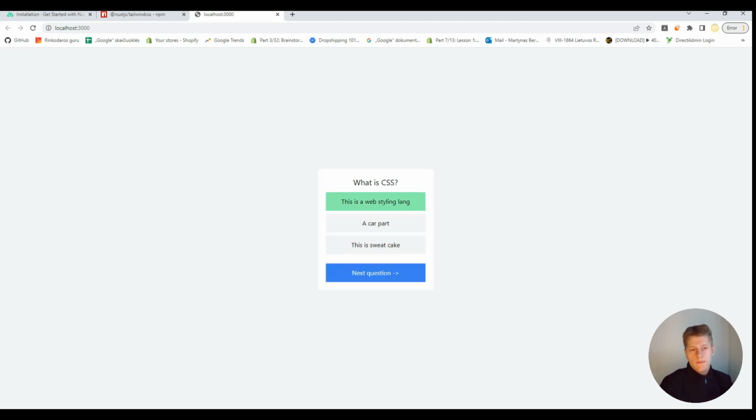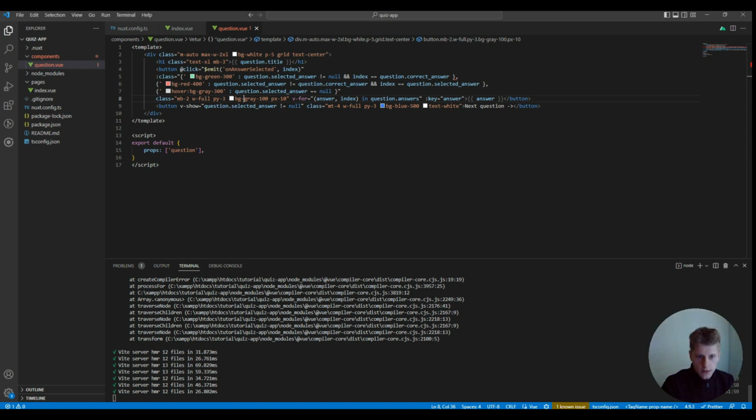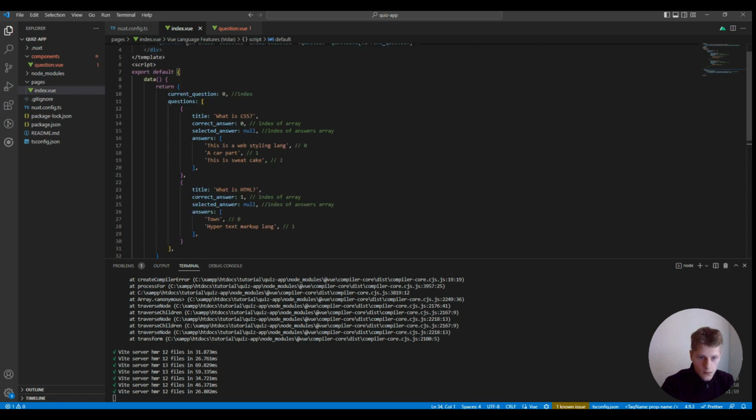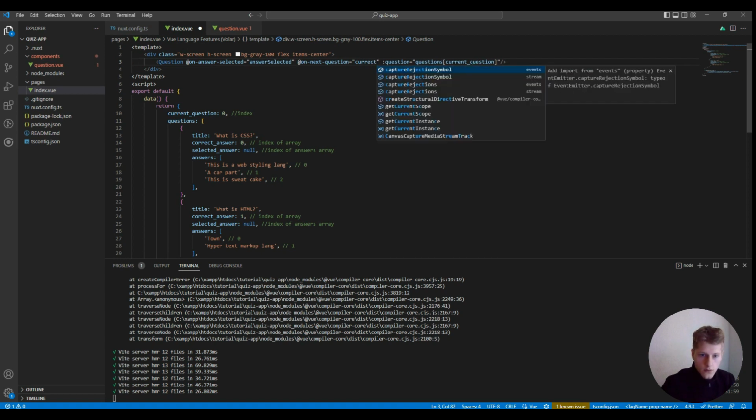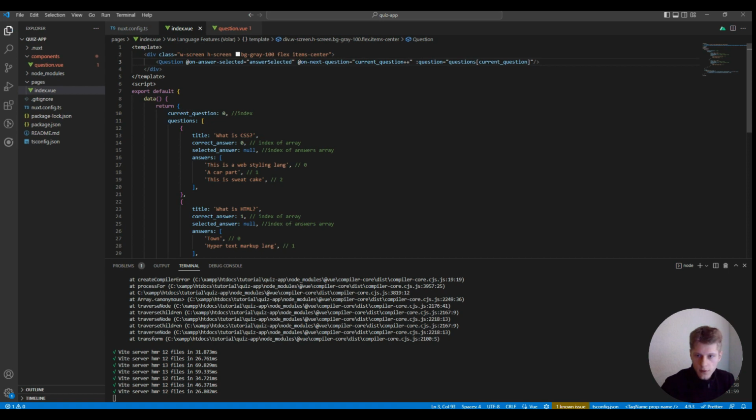And now we want to make next question logic, and as we did before, we need to create one more event for this question component. Go back to the index.vue page, and now I want to copy this line and add one more, on next question. When user calls event next question, we wanna change current question plus plus. We wanna add value to question,